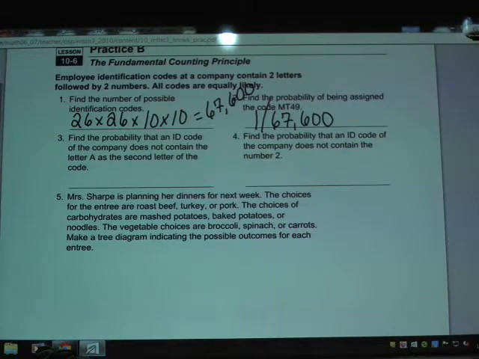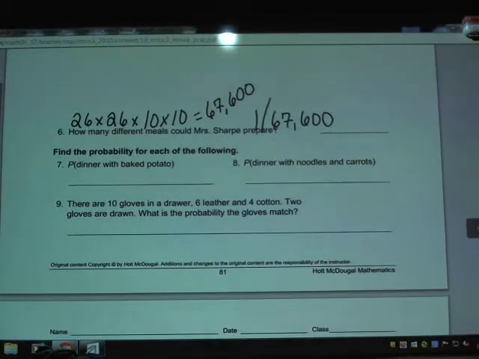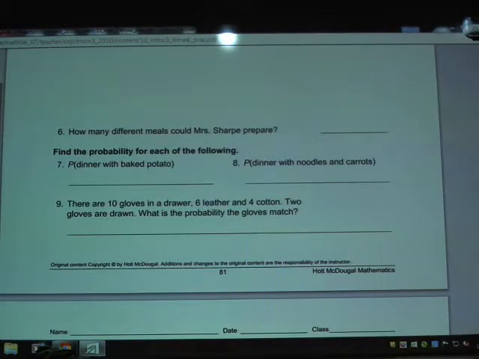Now 3 and 4 are going to shoot off those same ideas, so make sure you keep that 67,600 in mind that we did in question 1 when you're answering question 3 and 4. All right, let's go down and take a look at question number 5 now. Question 5 is related to 6, 7, and 8, so I will help you along with question number